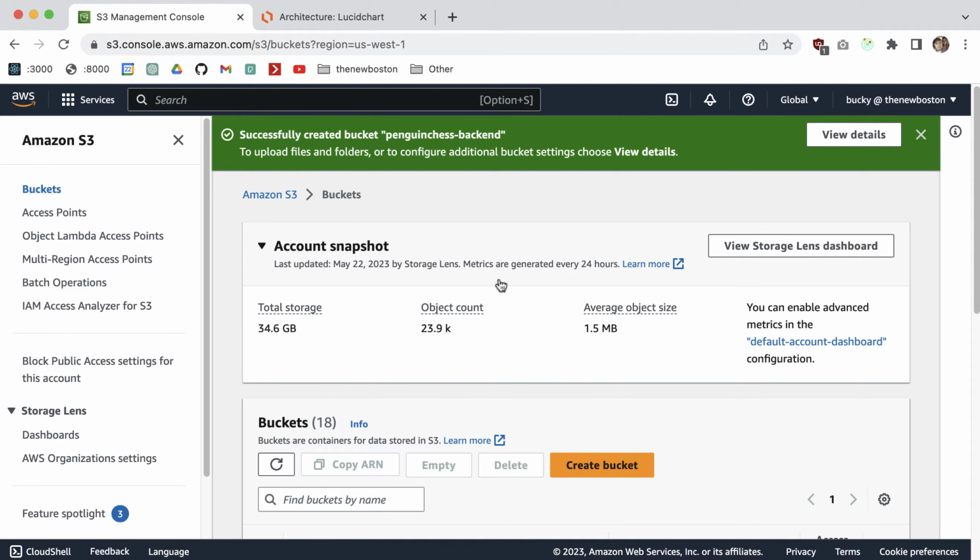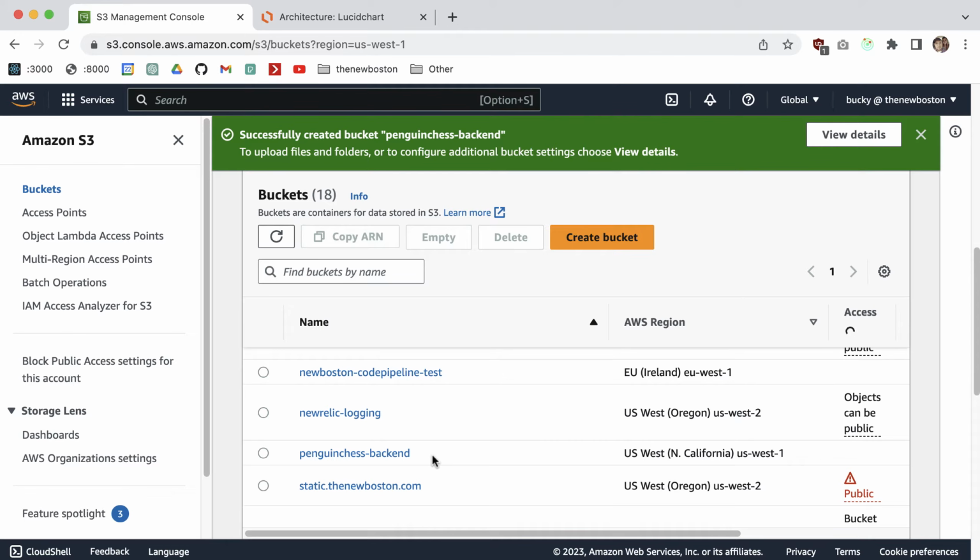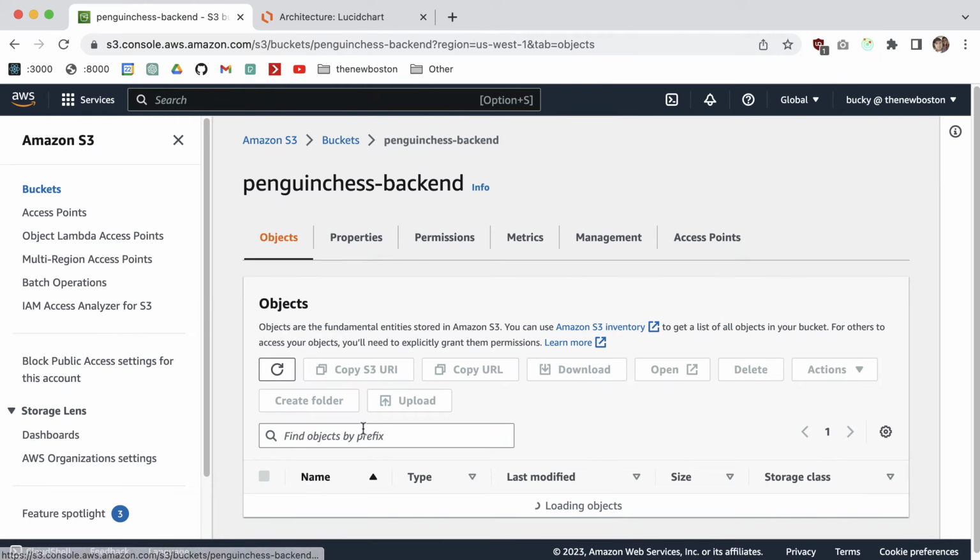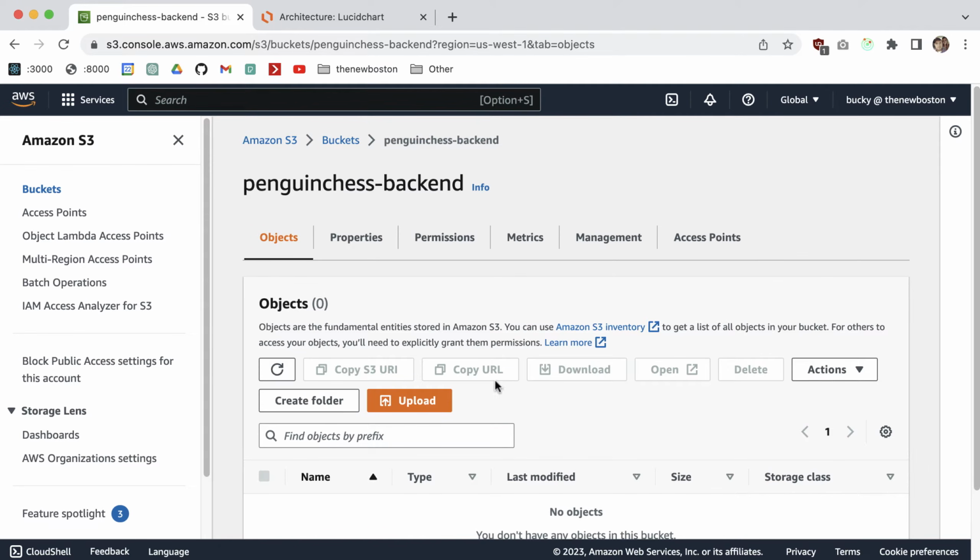And now that our bucket is created, let me go ahead and click into that Penguin Chess Backend, a little bit of a tongue twister. This is pretty much just like a folder, basically. But now we need to update the permissions on it to say that anyone is allowed to get the images in here. So what I'm going to do to enable that is click on permissions after you clicked into your